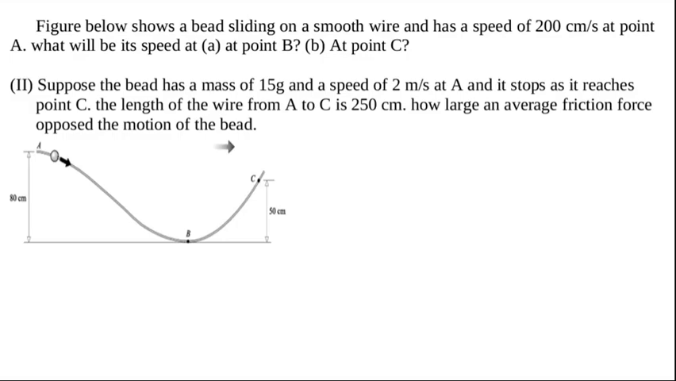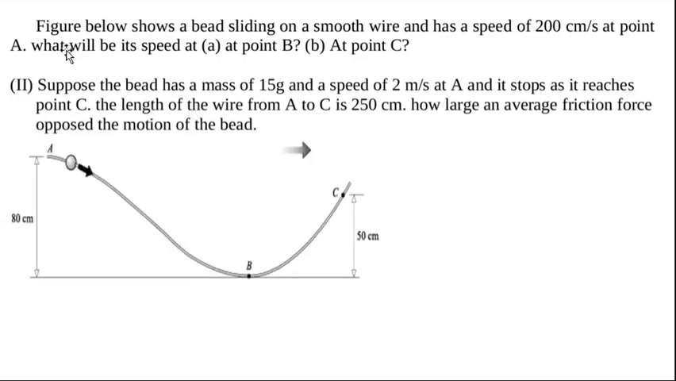So clearly we're going to use the conservation of energy at the two points in question. Let's analyze the speed. Remember, we need to find the speed at point B as well as the speed at point C. So let's start. The conservation of energy will be that at point A, we have the kinetic energy